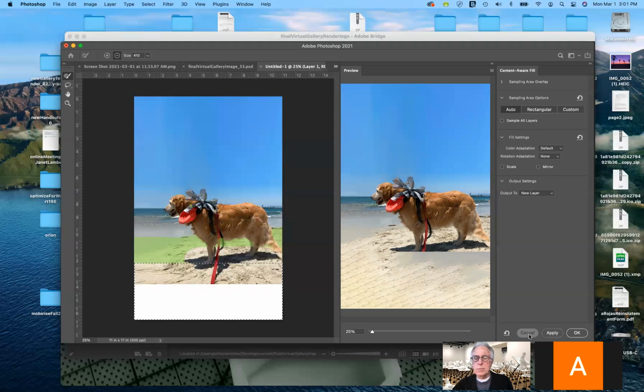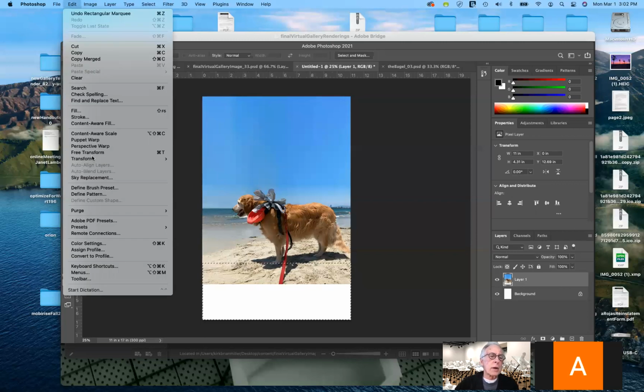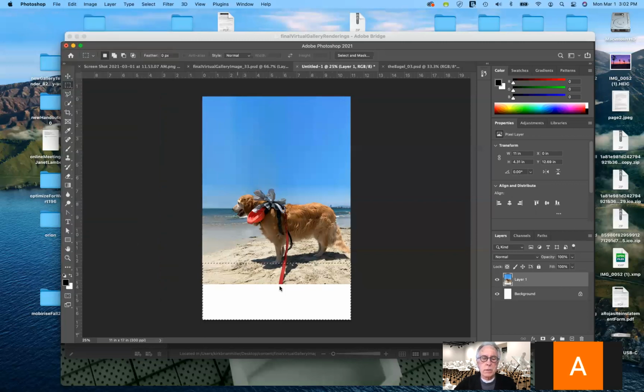So, there's a multitude of ways that we've already learned of taking a single image that was a horizontal image, and now I'm making it work as a vertical one. And the sand down here isn't going to be dominant. It could be darkened with a gradation. But let's try again, go to edit, and I'm going to try to use content aware scale. Let's go ahead and take that and drag that down like so.